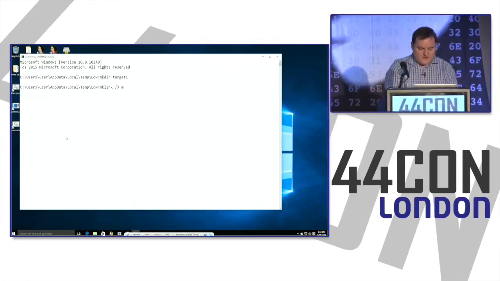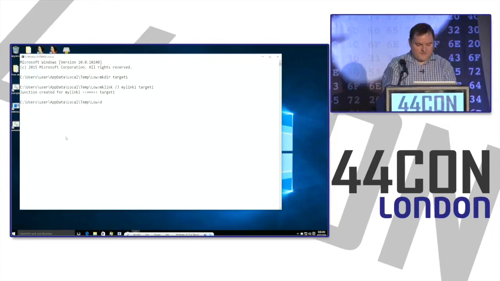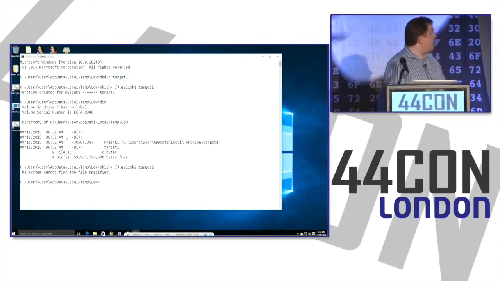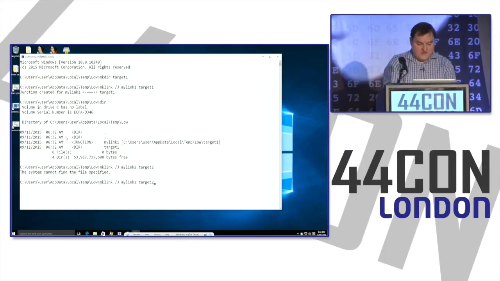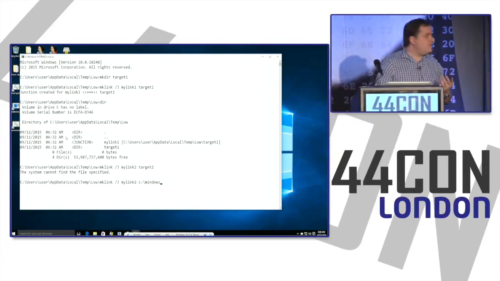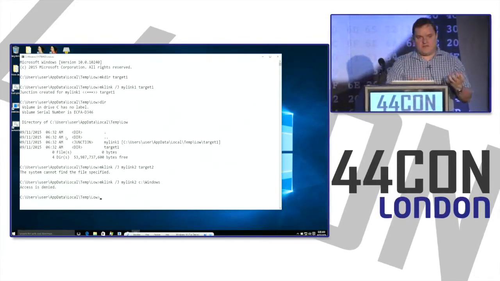So if I try and create mylink1 pointed at target1, it works, obviously. But if I try and create mylink2 pointed at target2, which does not exist, I get file not found. And even worse, if I try and point it at, say, the Windows directory, something I can't actually write to, I get access is denied because I can't open that directory for write access.